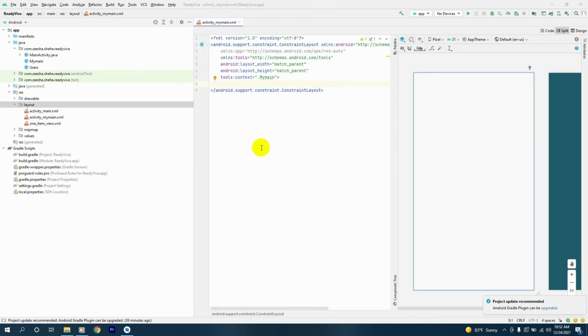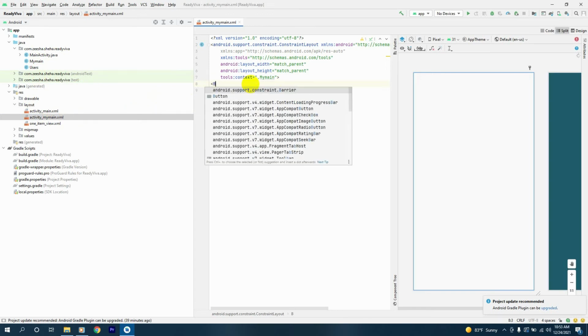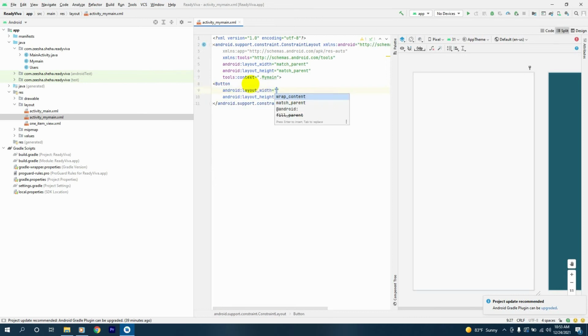Now what I did was I made a new activity called my main and made an XML file for it called my main like this. So now let's build our my main XML file before going to the activity. Here, first thing we'll have a button and its width will be 0 dp and height will be wrap content,